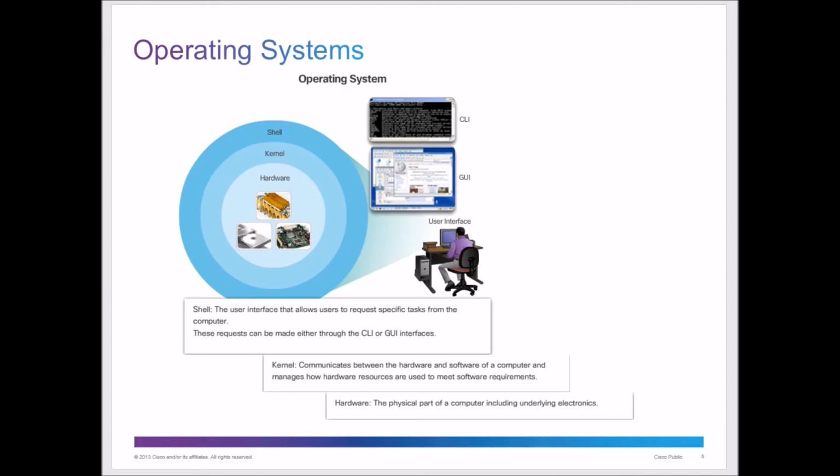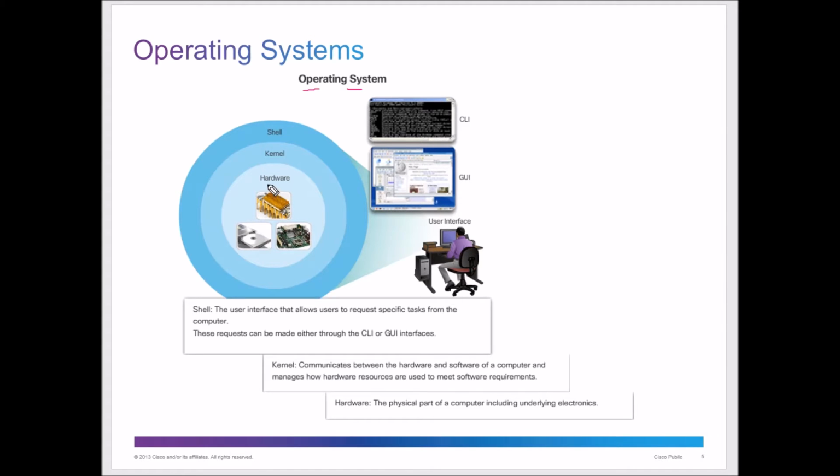First, we need to take a look at what an operating system is. If you're unfamiliar with computing or you're just new to getting into computers, all hardware in the computing world has some type of operating system on it. For humans to be able to interact with the hardware, we need to create that operating system to give it a set of instructions. And that set of instructions is what we call the operating system.